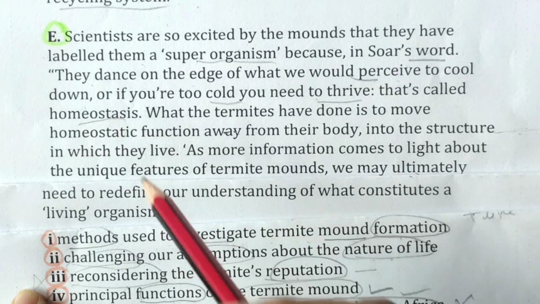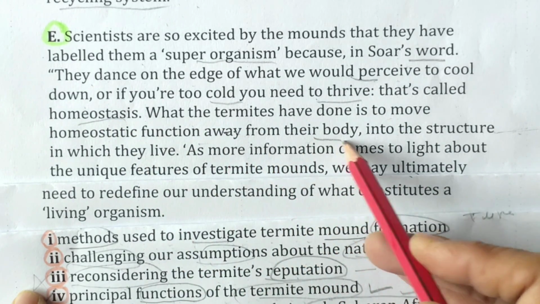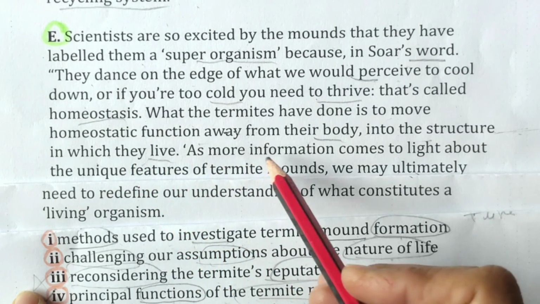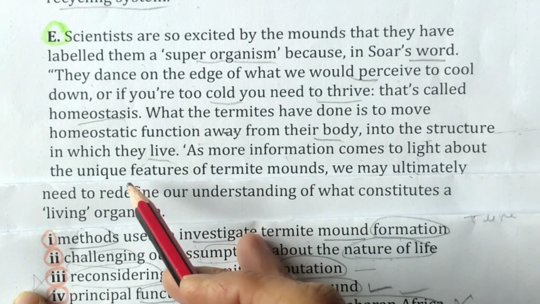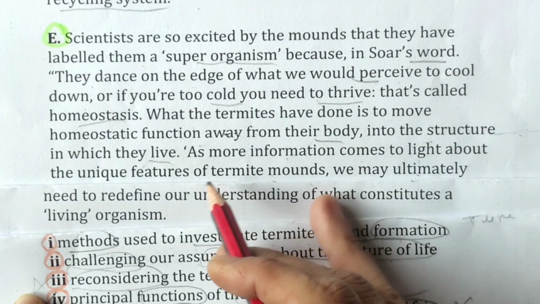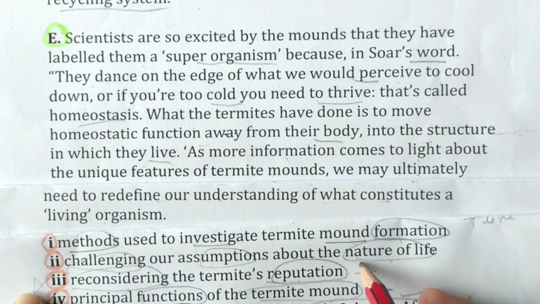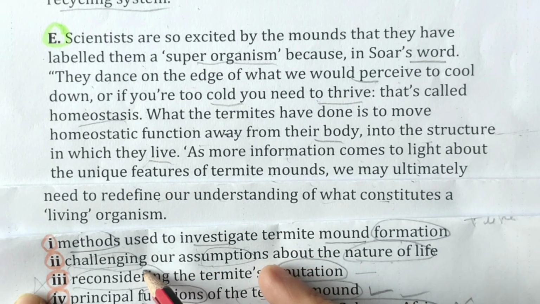That's called homeostasis. What the termites have done is to move this function away from their body into the structure in which they live. As more information comes to light about unique features of termite mounds, we may ultimately need to redefine our understanding of what constitutes a living organism. So, living organism,